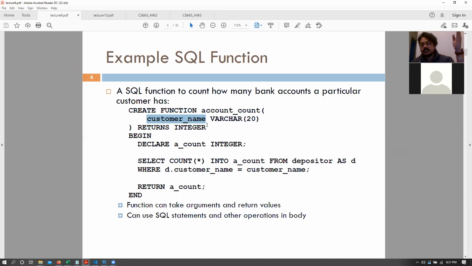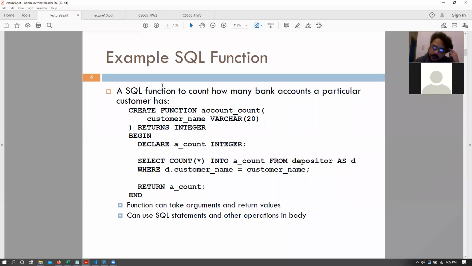So if the parameter was, let's say, David, essentially find me all the rows that have the customer name as David from the depositor table. The depositor table is the one that has all the account information, and then we count the set of rows that we have. Once we have the number of rows for David, we save that into the variable a count and return a count from there.